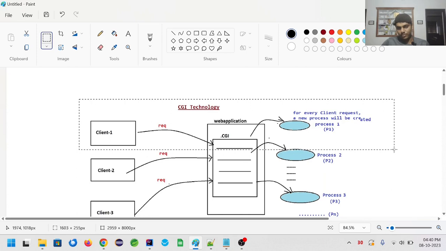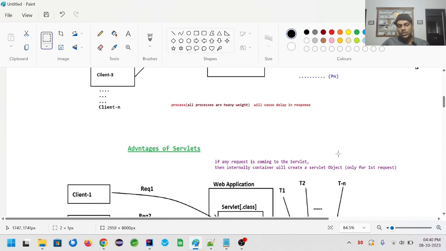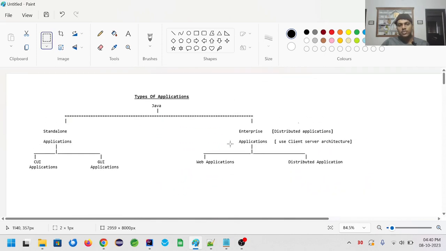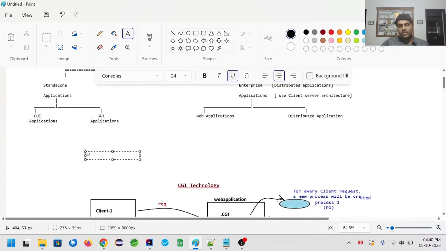Java developers have developed another type of technology which is called servlets. Everyone knows Java has multiple editions. One is Java SE, that is